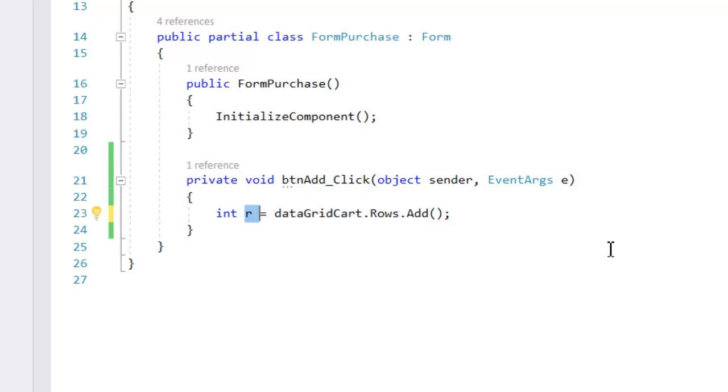Okay, so first the value of our R is 0 if your grid view is empty. Then if we call this command, it will add a first row, and the index of that row is 0. Okay, then when you add another one, the value of our R will increase. So after adding a row,